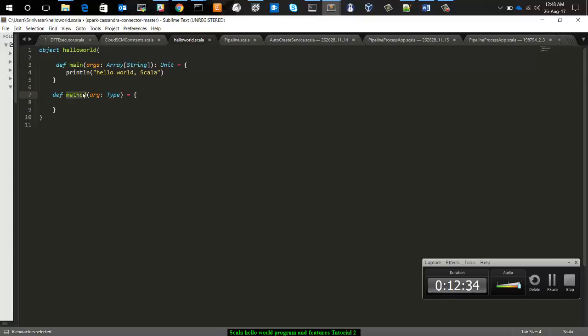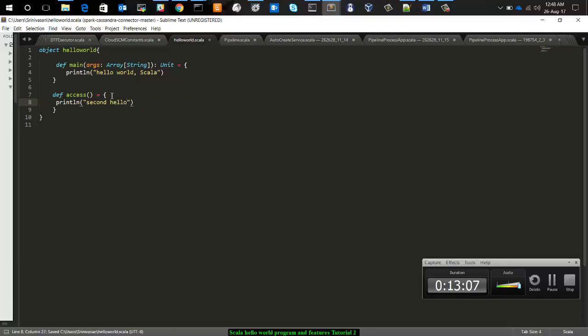I am going to give this method name as success, and I need just a println, Second hello.